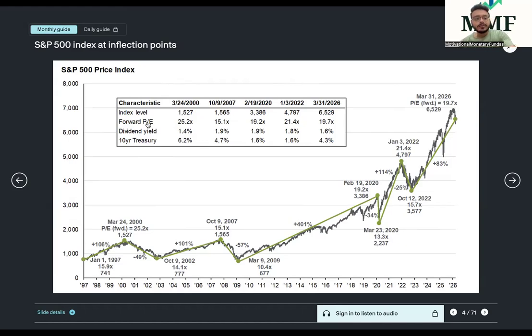Now, if we see the S&P 500, the S&P 500 is the major index of the US, correct? Here, if we see, it is trading at a forward PE of 19.7 times. The 1 year forward PE is trading at 19.7 times. It's coming closer to the fair valuation territory. The average historical multiple on a 10-year, 20-year basis for the S&P 500 has been somewhere closer to 16 or 17. 1 year back or 6 months back, this multiple was trading above 22 times.